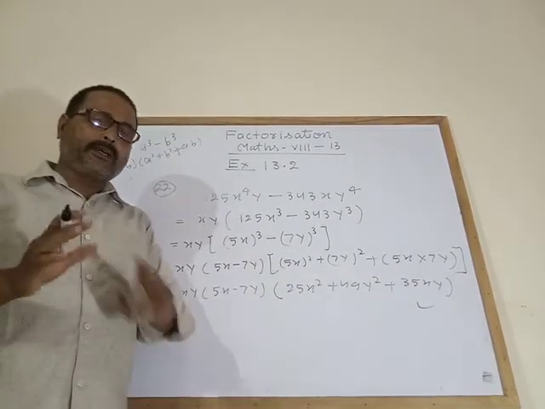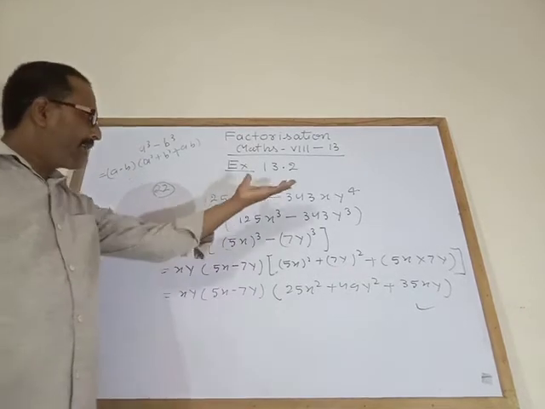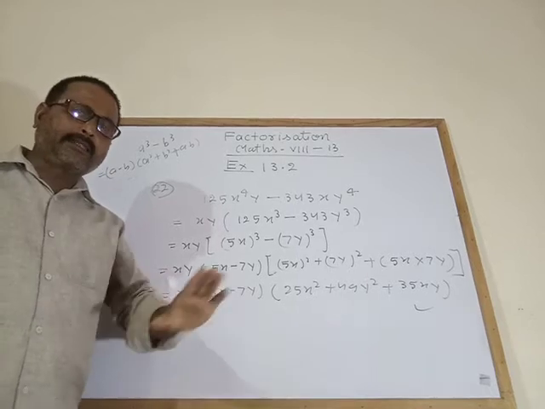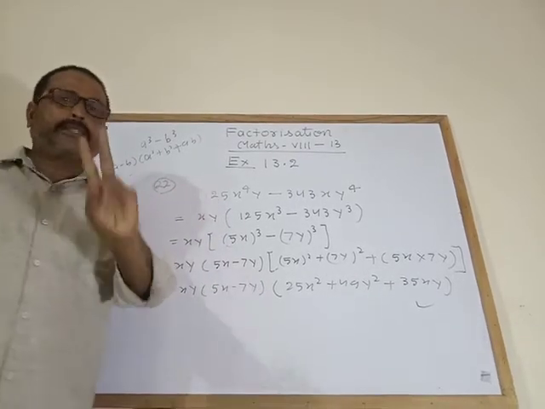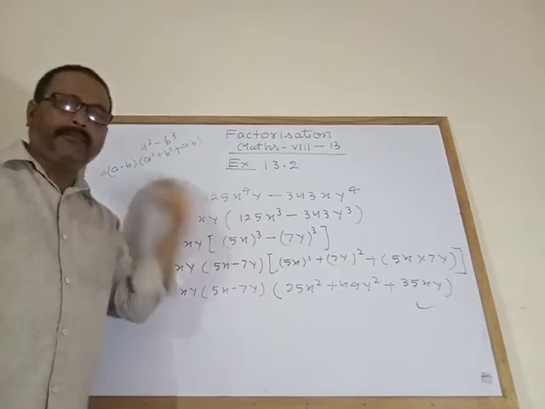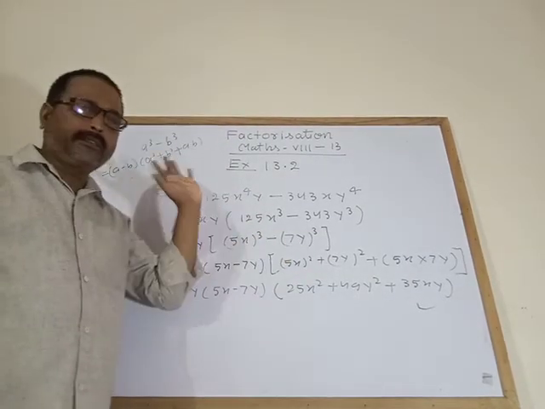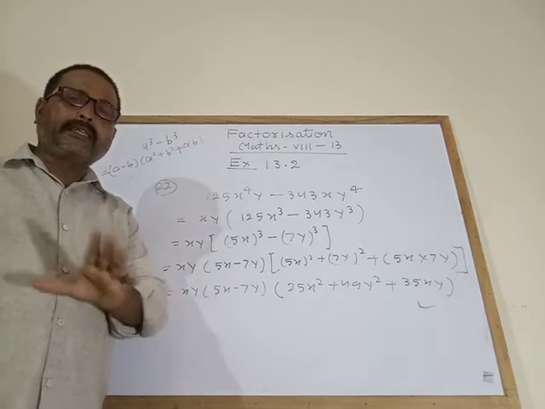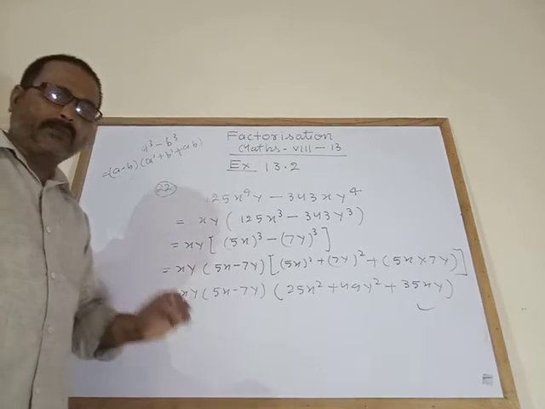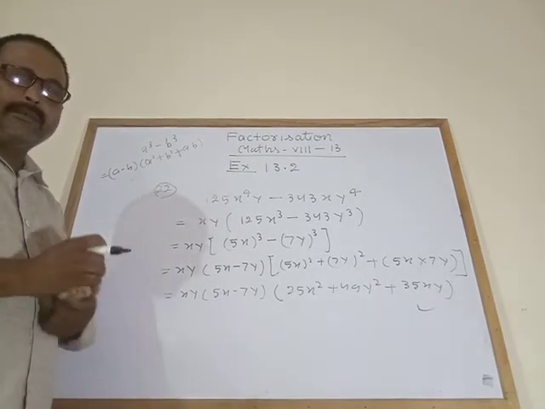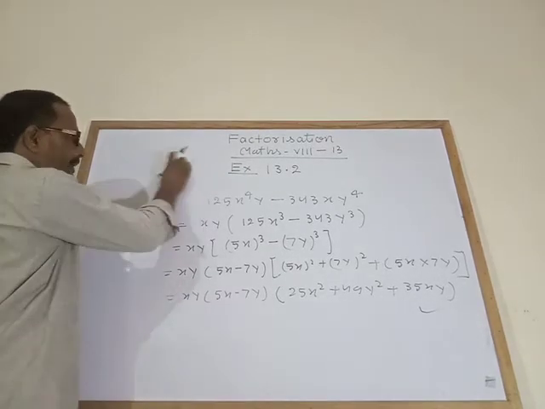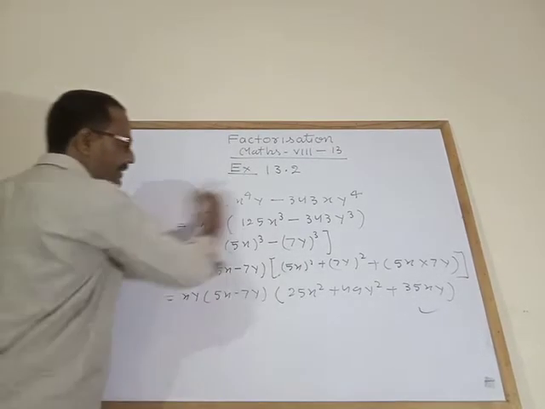Suppose you are solving the question according to your method or process, and the answer is not coming out correct. There are two chances: either you are making a mistake on the plus/minus sign or on the squaring of the numbers. Otherwise, mostly the answer given in the answer sheet is wrong. Mostly the questions I have solved had wrong answers given. Just see some questions I am going to explain here. The answer given in the answer sheet is wrong.